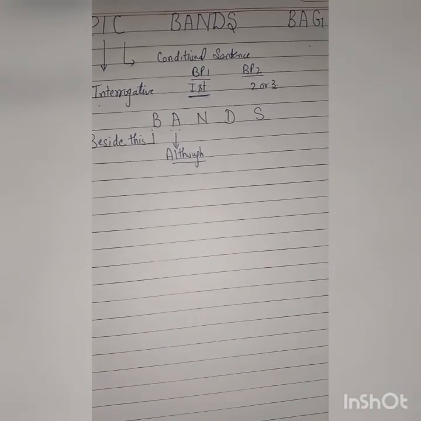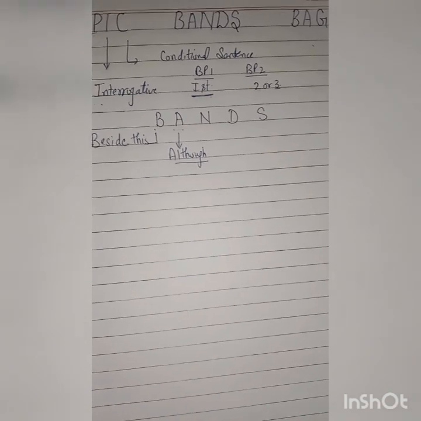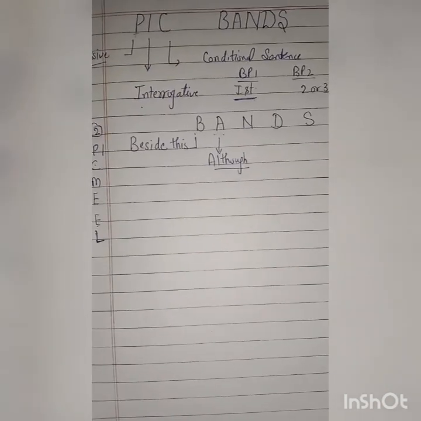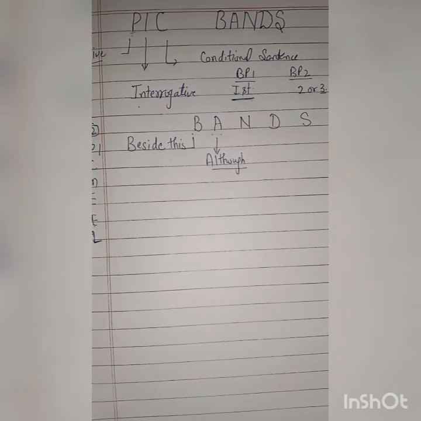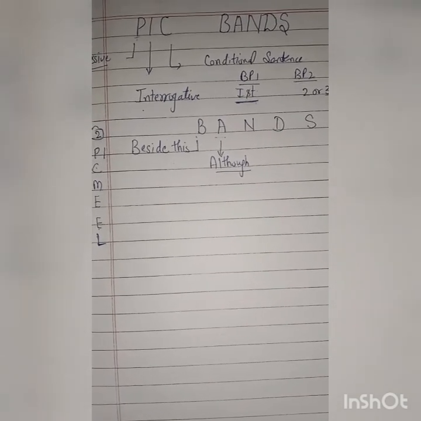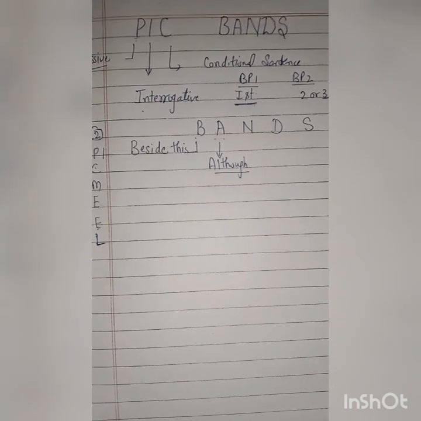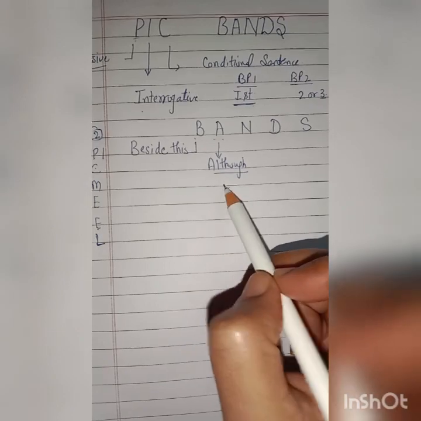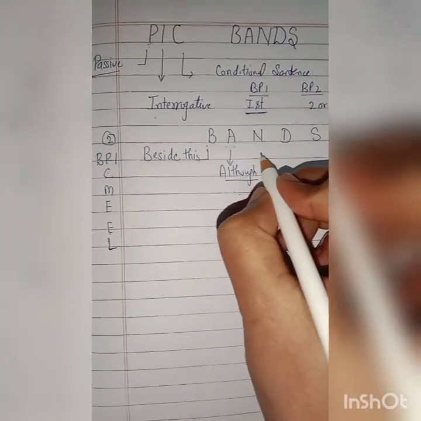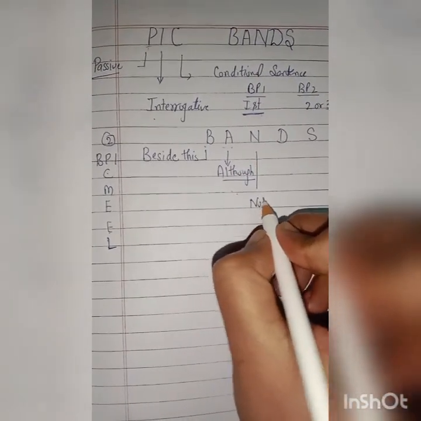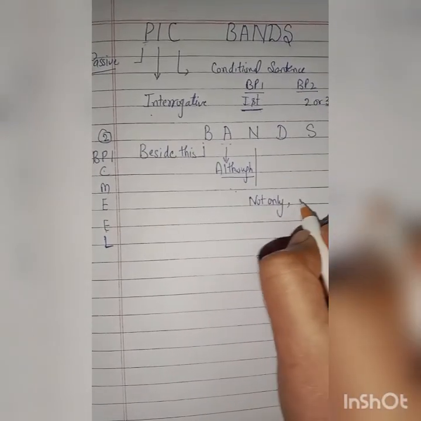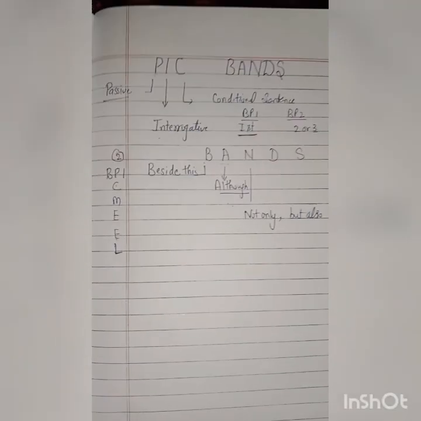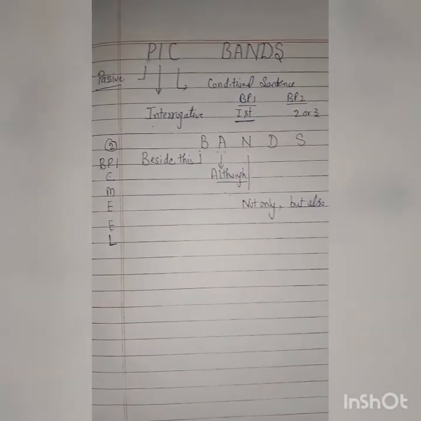you can say, although people have to sacrifice some proportion of their income to the government, they are the ultimate beneficiary of it. It's so simple. Although, I always prefer to use at the time of the conclusion. Coming on to the next one, that is not only but also. I think one sentence you have to use related to the not only and but also,